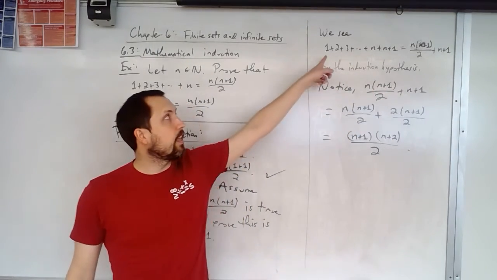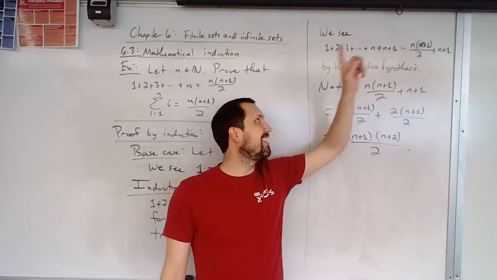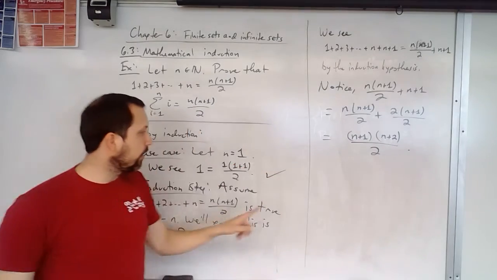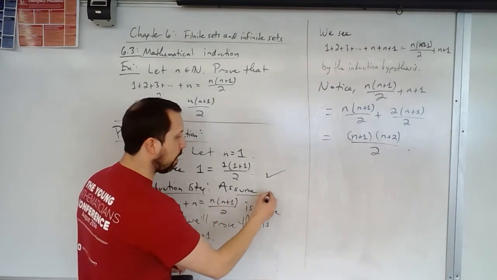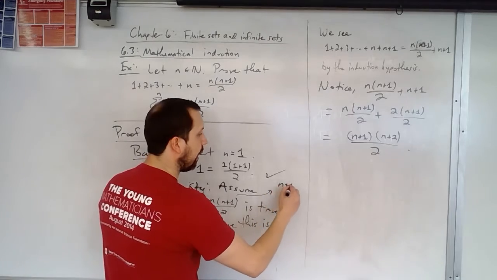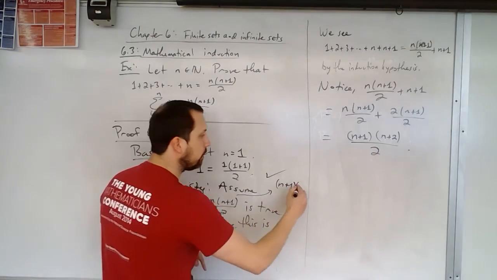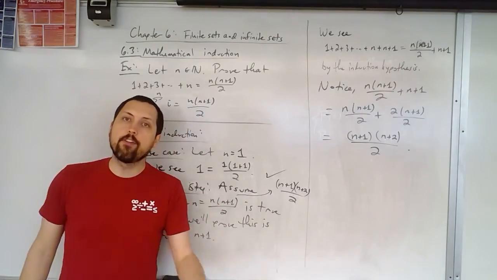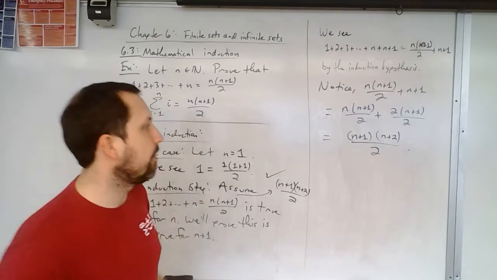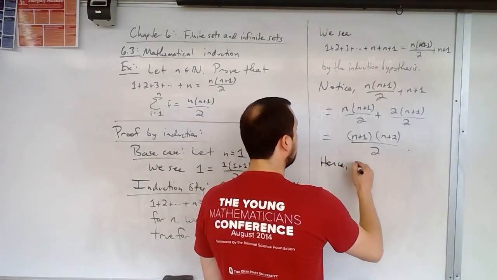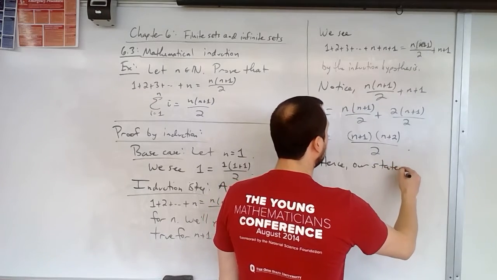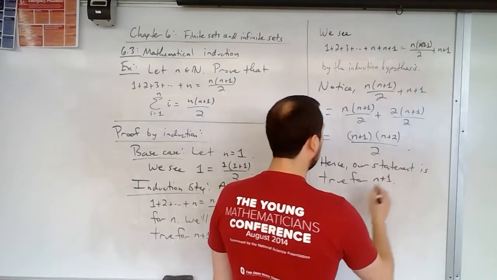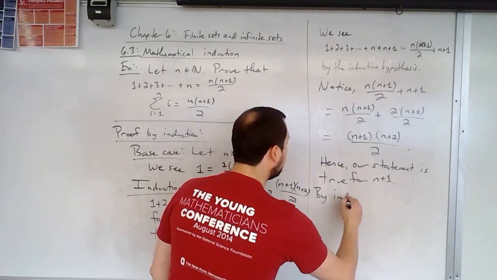So now I've shown that 1 plus 2 plus 3 all the way up to n plus 1 is equal to n plus 1 times n plus 2 divided by 2. And if we look back at this statement, if you think about plugging in n plus 1 here, you would have n plus 1 times n plus 1 plus 1, which would be the same as n plus 2, over 2. So you've shown that this statement is true for n plus 1. So notice we have this, hence, our statement is true for n plus 1. So by induction,